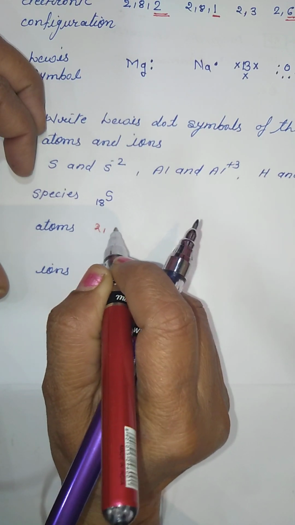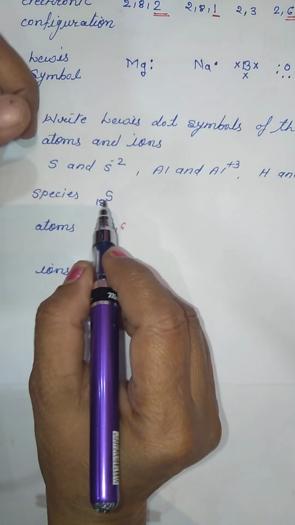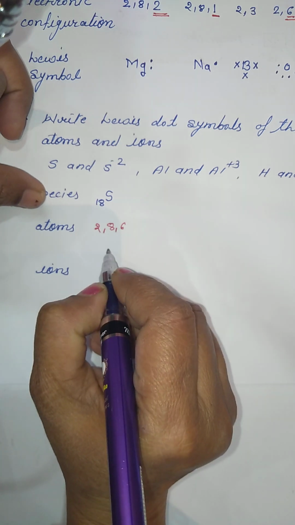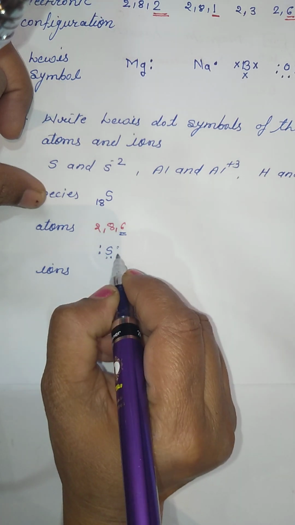If we see sulfur in the form of an element, what is it in the sulfur atomic form? It is sulfur, so its atomic number is 16. What is its atomic number? 16. So if you go for this 16, what will be the electronic configuration? The electronic configuration will be 2, 8 and 6. So how many do we have to show for the atom? Here the electronic configuration is 2, 8, 6, so 6 we are going to show. So sulfur atom will have 1 2 3 4 5 6.